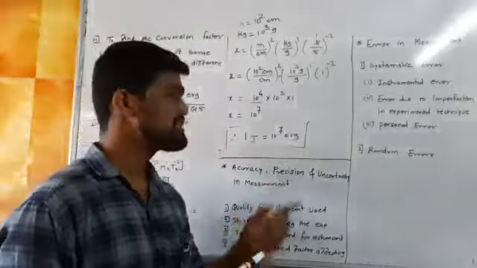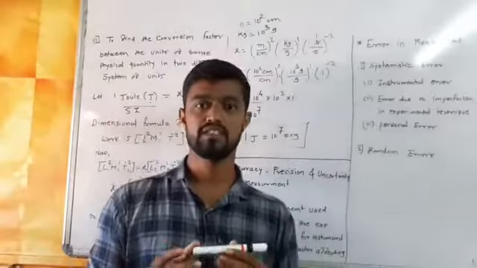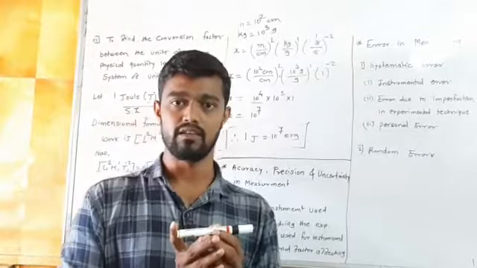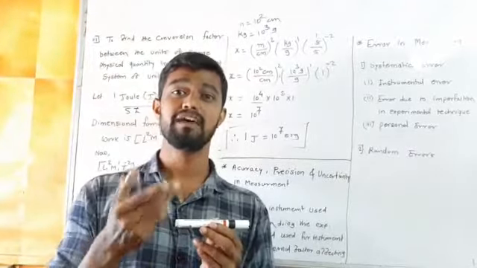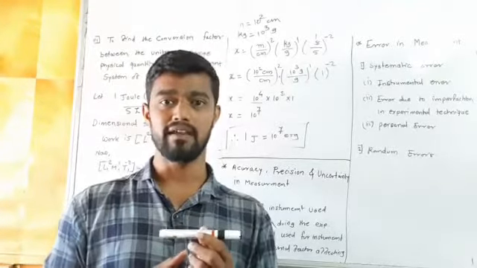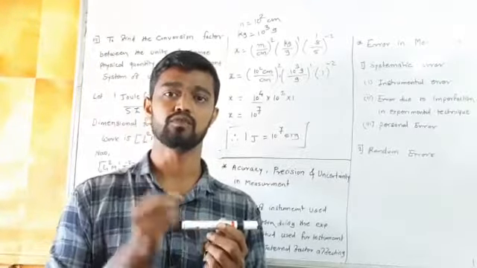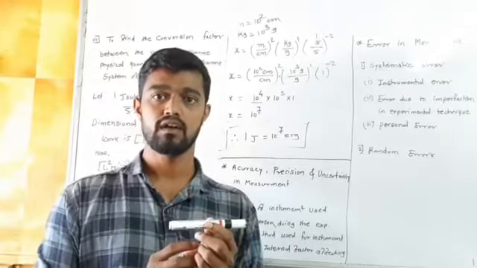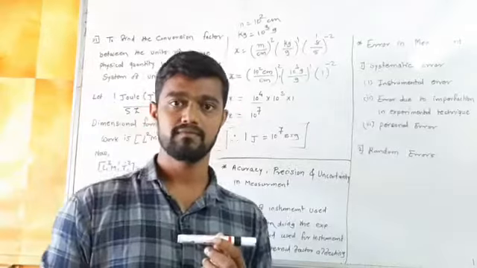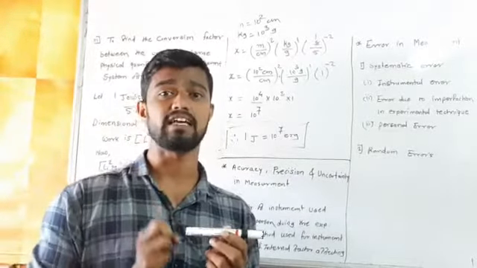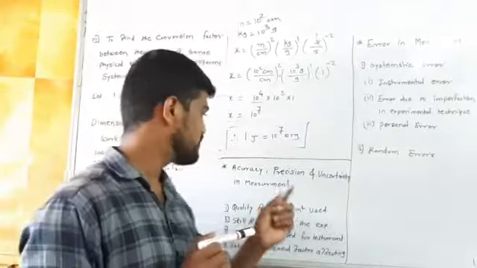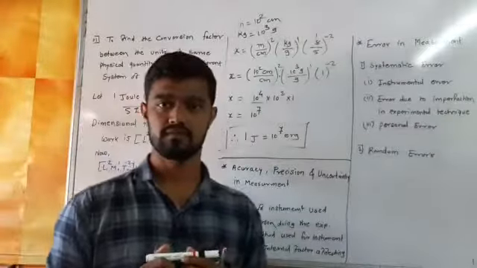So next is precision. What is meant by precision? The length of 13.5 is the theoretical value, and you measure in practice and repeat the same measurement, and you get 13.5, 13.6, 13.4, and you calculate the mean of these measurements to define your precise value. So it is called precision.